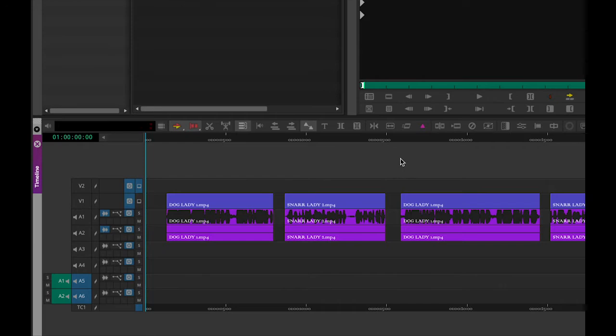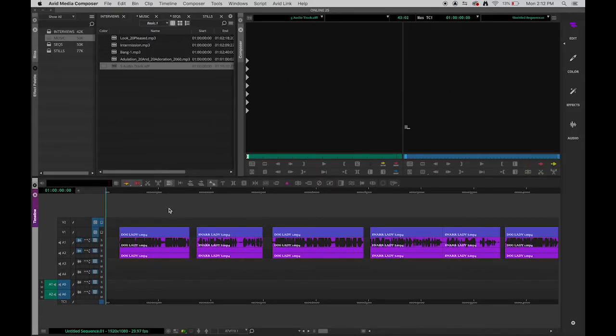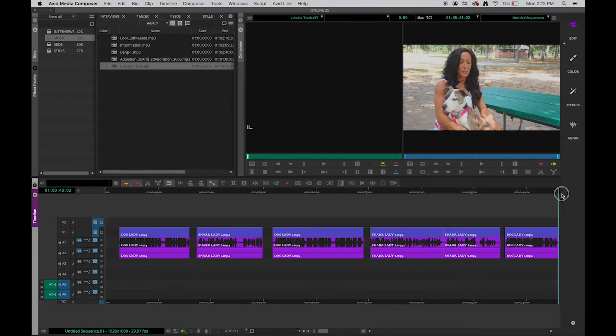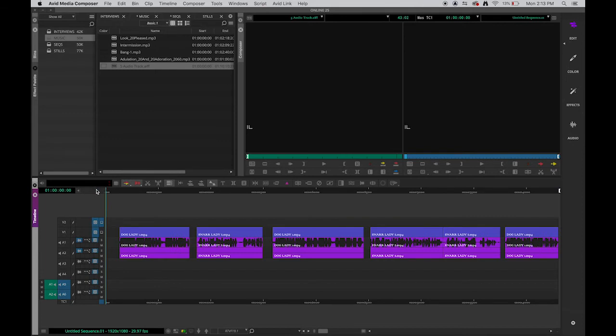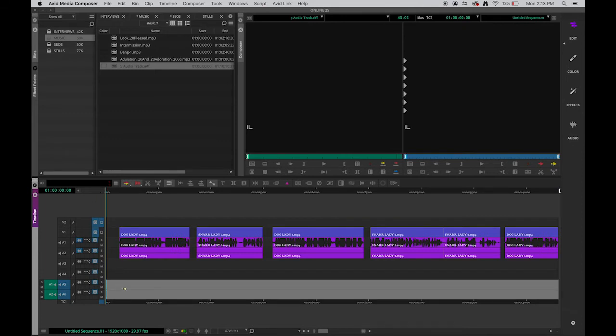So let me zoom back out a little bit. The music actually lasts for, I don't know, looks like 10 minutes. It's a lot of music. I'm only going to take it to the end. So I'm going to zoom to the end here on my timeline, my cursor, put an out point, go back to the beginning, put an in point. There it shows me, again, this is part of the RTVF,